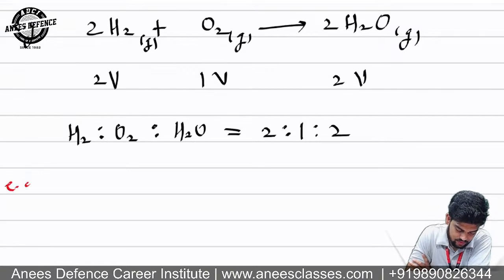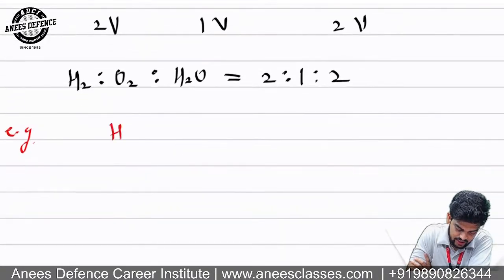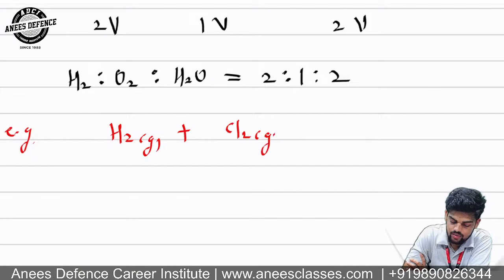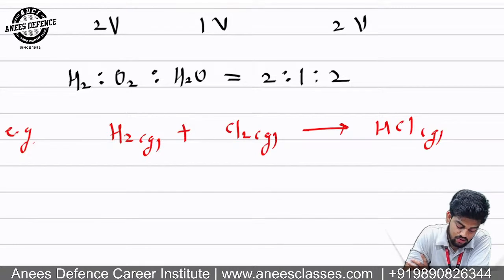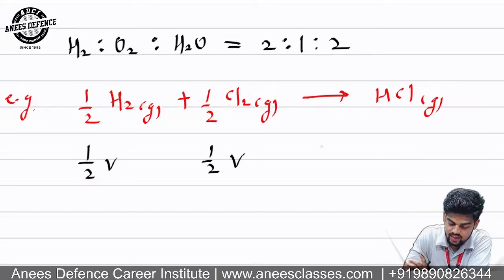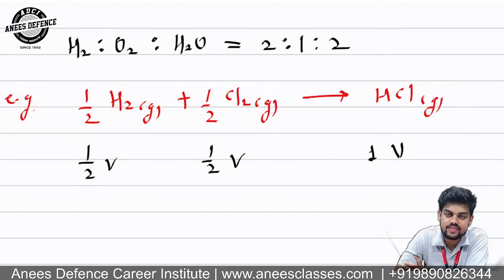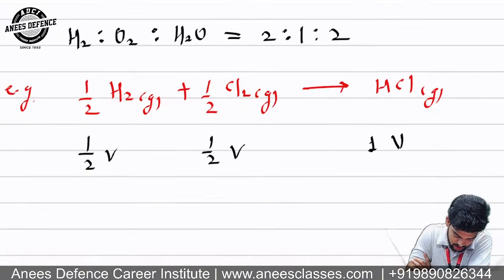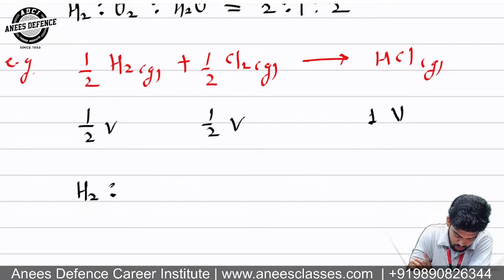For example, if we take H2 gas when it reacts with Cl2 gas, it produces HCl gas. If I balance this reaction from the left-hand side, that is the reactant side, by keeping half and half, this reaction says that half volume of hydrogen gas when reacts with half volume of chlorine gas, it produces 1 volume of HCl gas. So in this reaction, the ratio of hydrogen gas to chlorine gas to HCl gas is